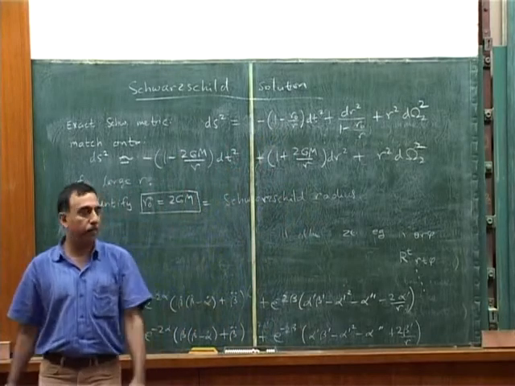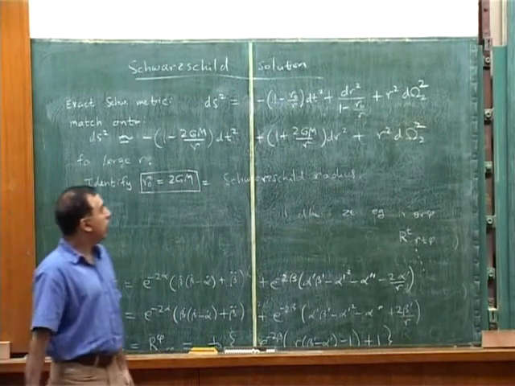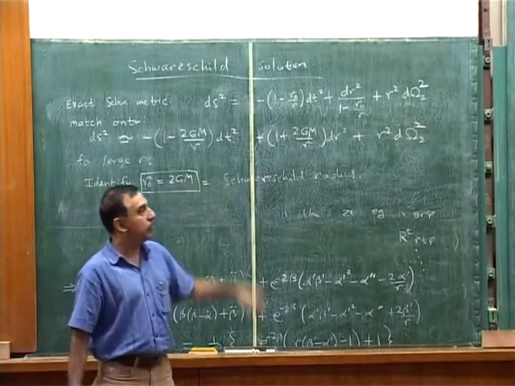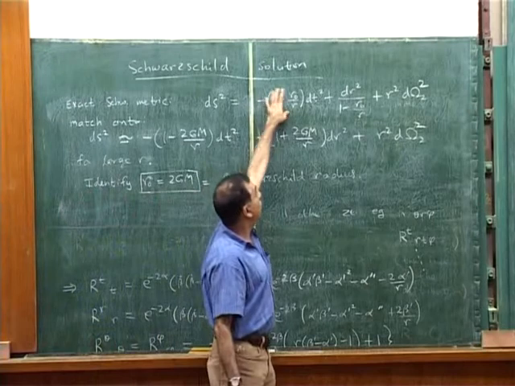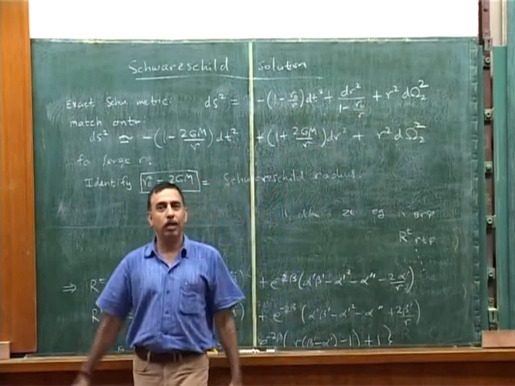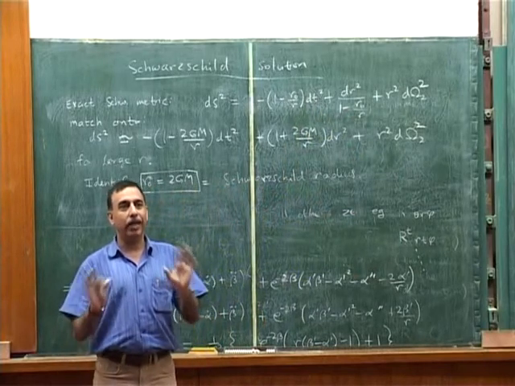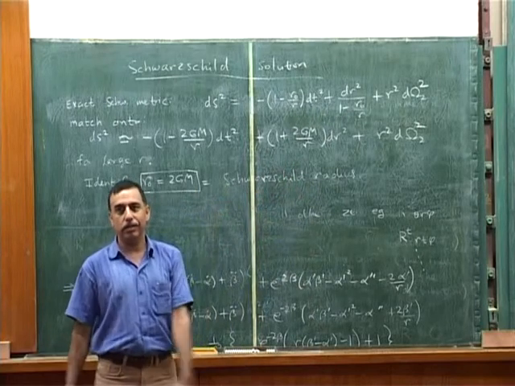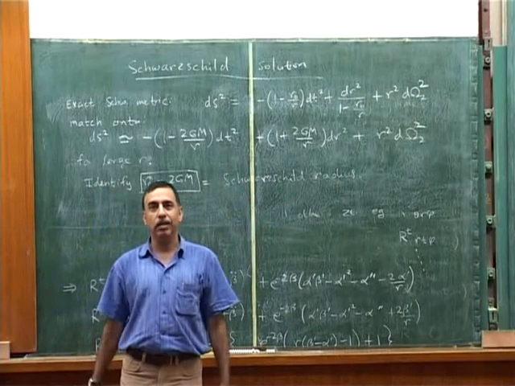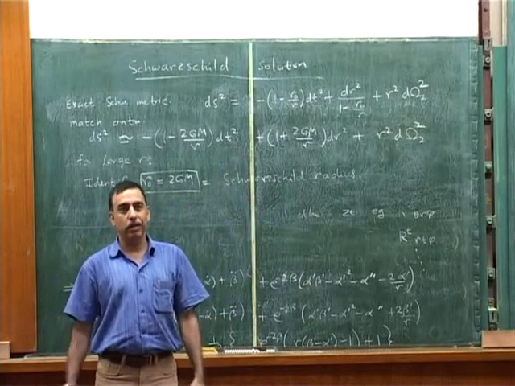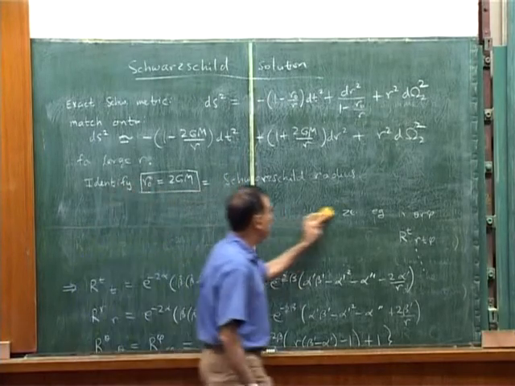Now you should also be careful not to read in too many properties of this metric because we found it in one coordinate system. You might ask, why did this factor come upstairs here and downstairs here? Well, if you go to another coordinate system, they can do various other things. So there's not always a meaning in looking at the metric just in one coordinate system. There are still things you can do to upset it. You can, for example, redefine r prime as a function of r, and things will change a lot. It's up to you, but this is a very convenient form.